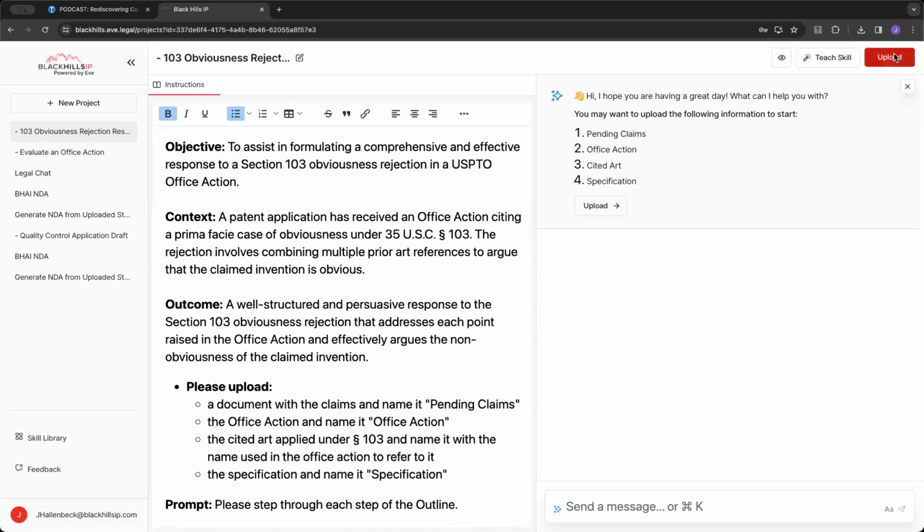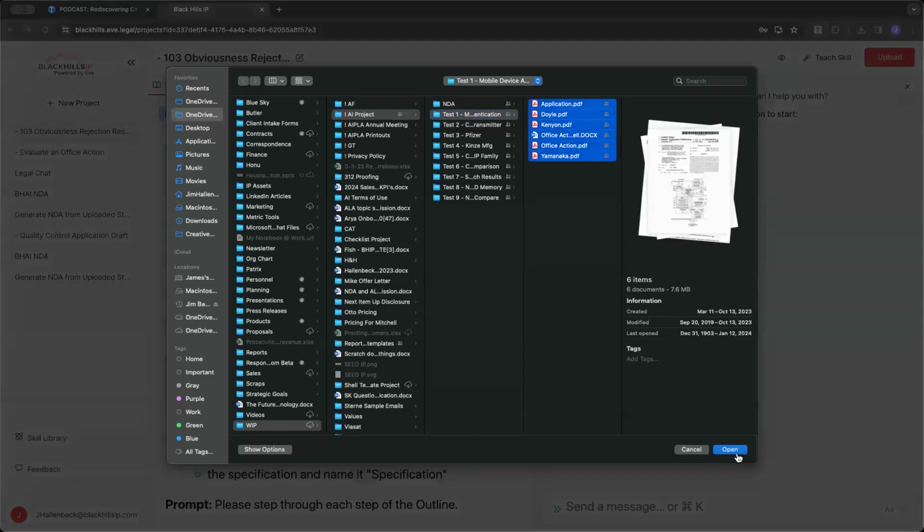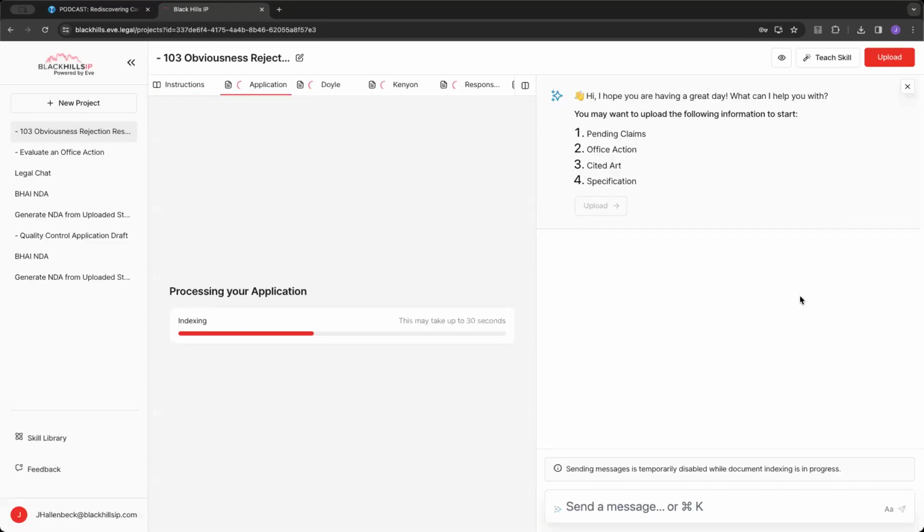Let's see, why don't we upload those same documents here in the 103, and we'll just generate a